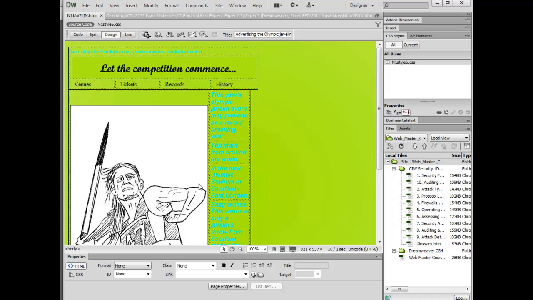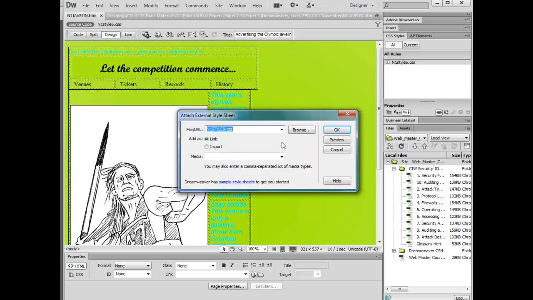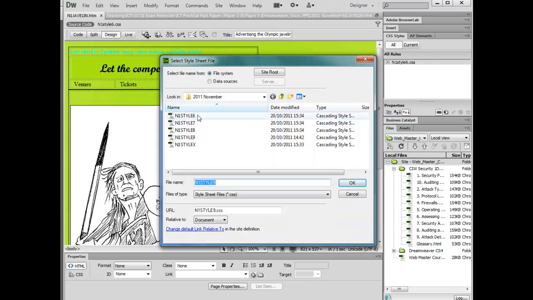The way to tackle this task is you can simply go to the Attach Style Sheets icon, go to Browse, and as you can see I've gone to the folder where all the style sheets are located. N1 Style 6 is already there, so I'm going to go to N1 Style 7. Once I press OK,